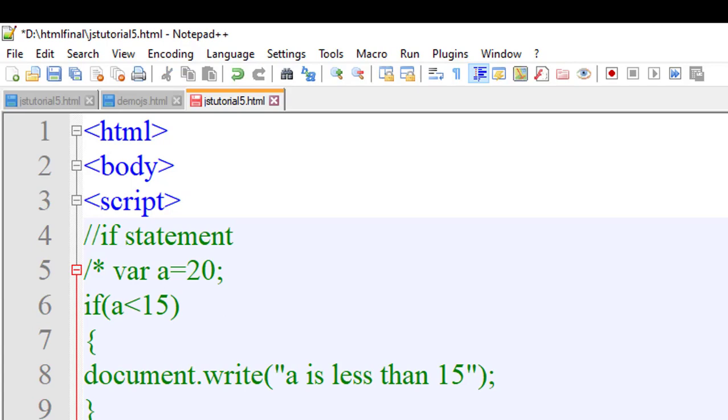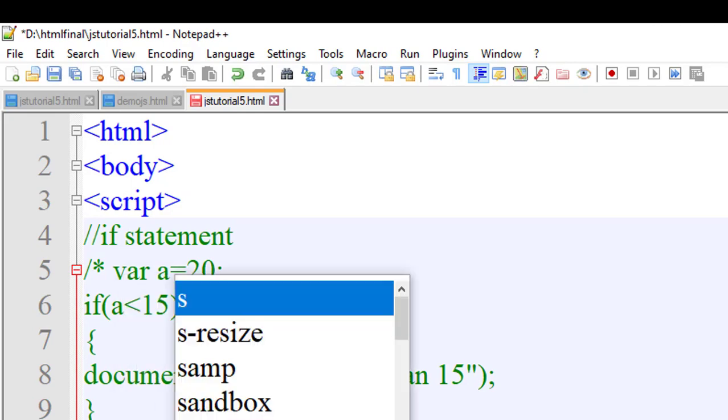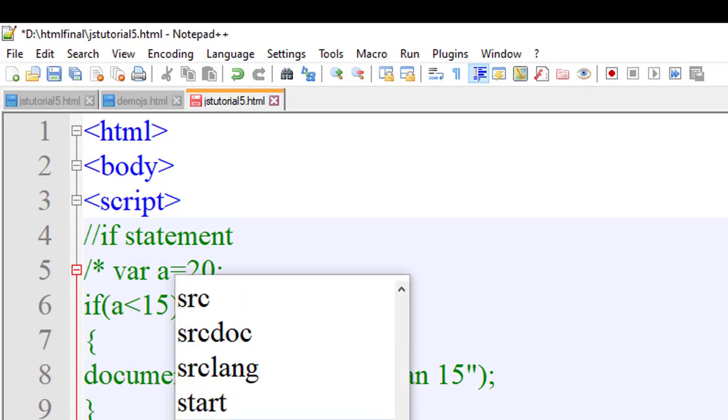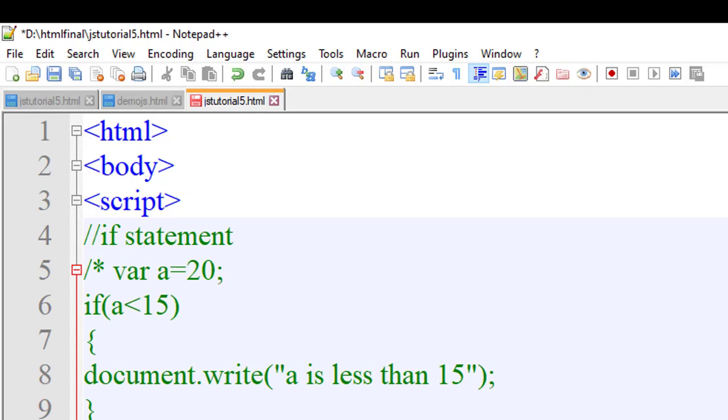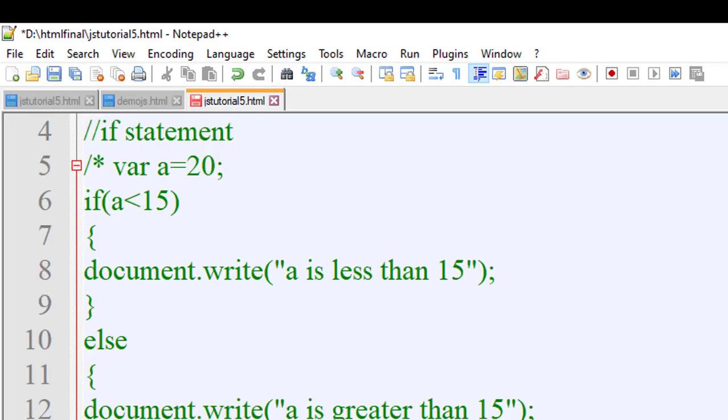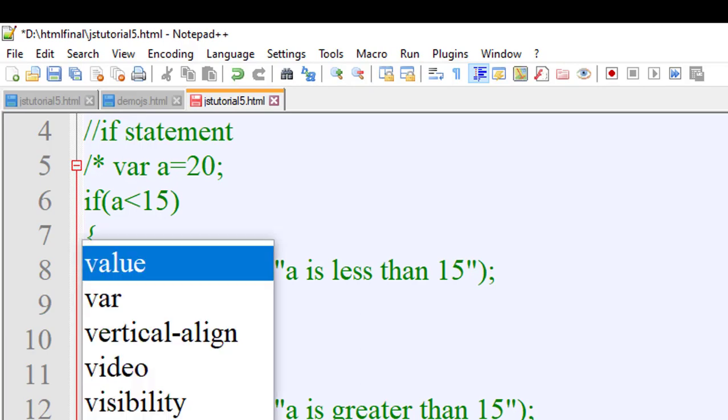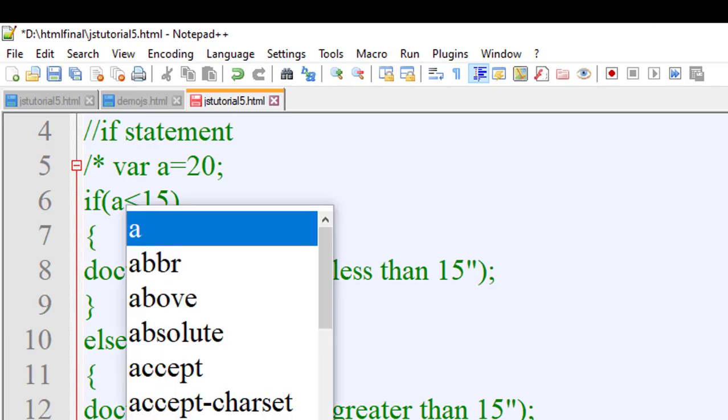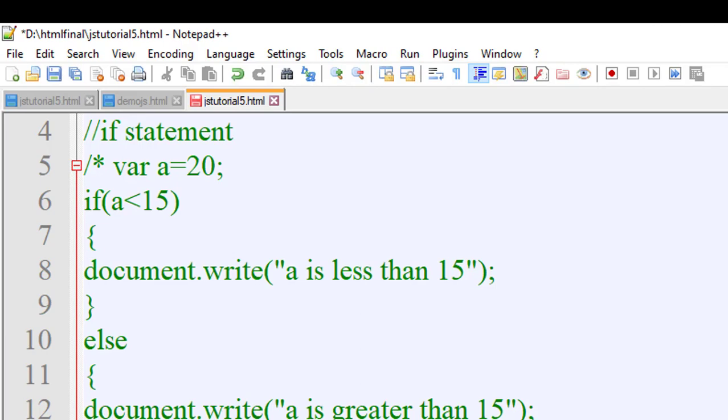Okay, another example of the if else statement. Just enter. Now put where a equals to 7 semicolon. Okay. Sorry.